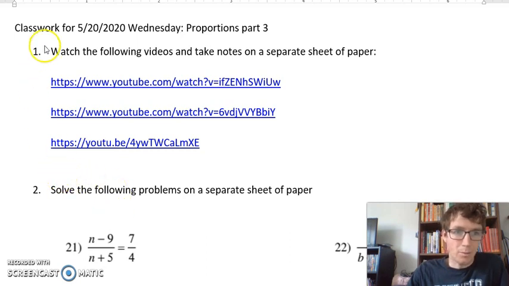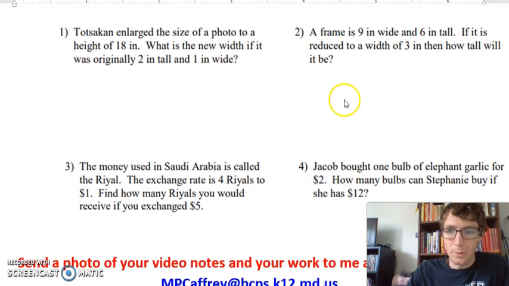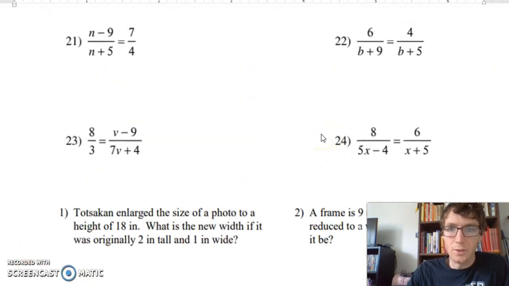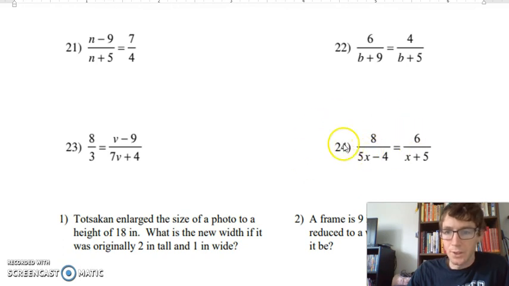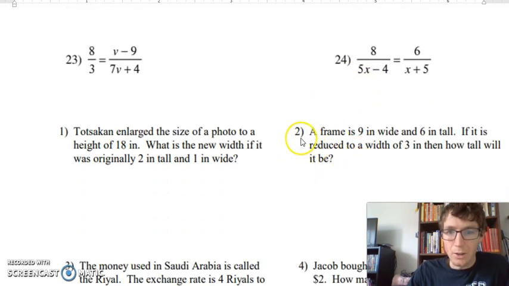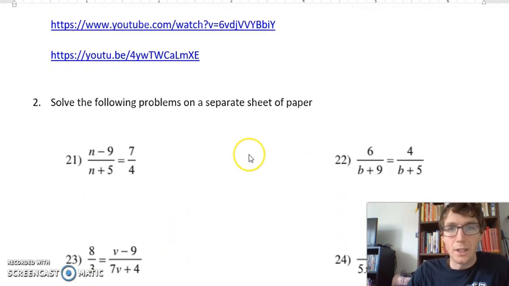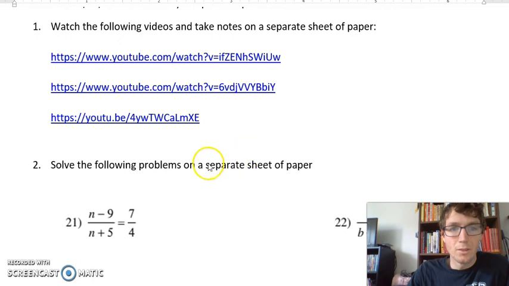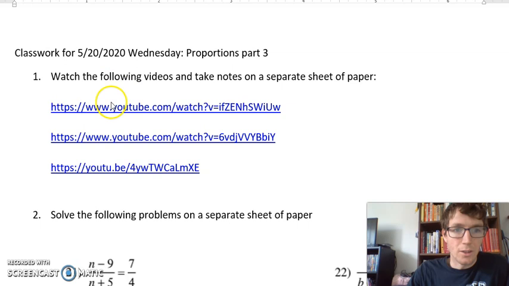Hi everyone, so this is going to be reviewing the May 20th classwork. It's the third proportions one, and we've got a little bit of word problems here. So what I'm going to do is review, first, I think the most difficult non-word problem proportion, and then I'll go over one of the proportion problems that is a word problem. So the first thing I want you guys to do is watch these 3 videos and